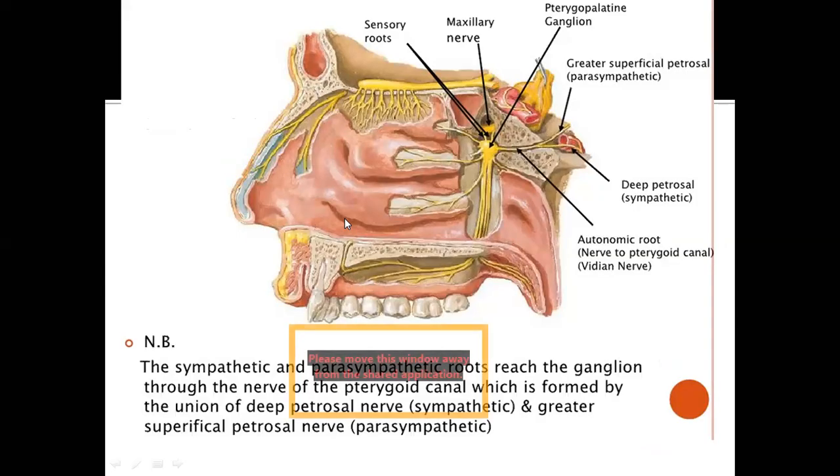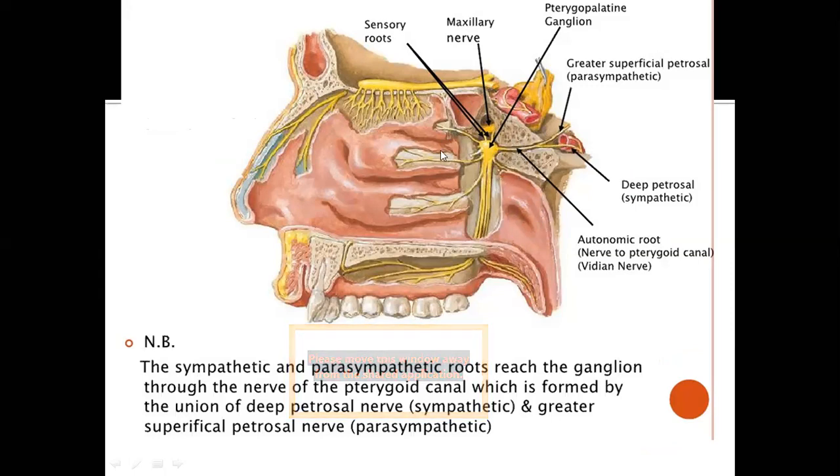Next we'll see this in this picture. This is the lateral view of the nasal cavity. You can see the olfactory nerve rootlets here. This is the anterior ethmoidal nerve. And you can see the pterygopalatine ganglion and maxillary nerve here, in the posterior part of the lateral wall. You can see the opening of the auditory tube here. This is the nasopharynx.